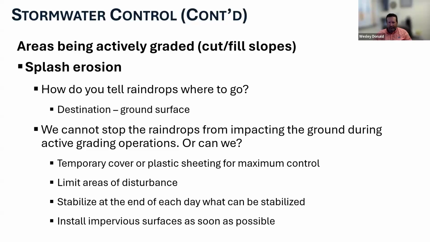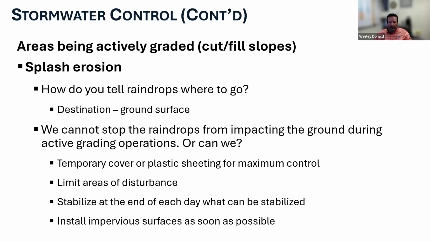Barry Fagan has presented on a project where they had 99% sediment reduction and sediment control by stabilizing what they could at the end of each day. They'd open up only what they needed for that day's work, and then they'd stabilize it before they left. If they got caught by rain, sometimes that would be an issue, but for the most part, they were in control of their site and their environment. So it's not always feasible, but again, control is thinking about what we can do, and sometimes what we can do differently in order to get the results that we're looking for.